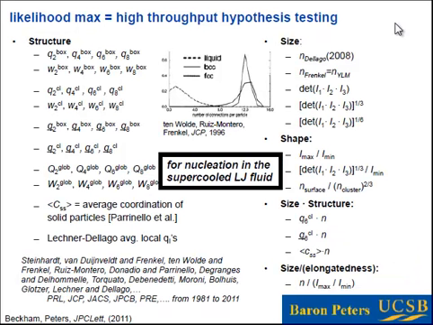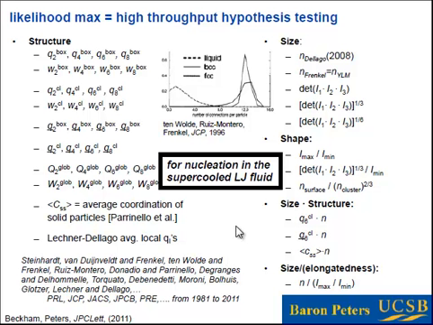So to show you what I mean by high throughput mechanistic hypothesis testing, this is an example that was done with Greg Beckham, who's now at NREL. This is doing likelihood maximization. You have a list here of something like 50 or 60 coordinates that were gleaned from various studies done in the past on Lennard-Jones nucleation, right? So this is this problem that I said was a standard test example.